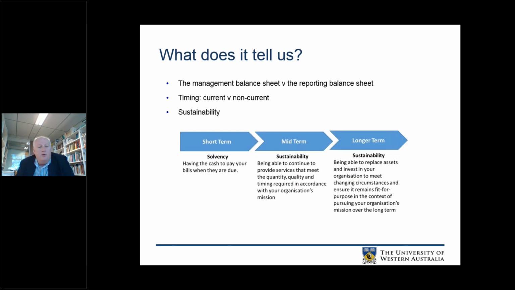In the short term, when we talk about sustainability in the context of the balance sheet, we're talking about solvency. And most directors, quite rightly, are concerned about this because it's really the situation where you want to make sure you have enough cash to pay your bills when they are due. If an organisation trades insolvent, or if it's not solvent, that is that it runs out of cash before it's able to pay all of its creditors or to pay all of its obligations, then directors can be personally liable for the outcomes or losses incurred by those people owed money. And therefore,